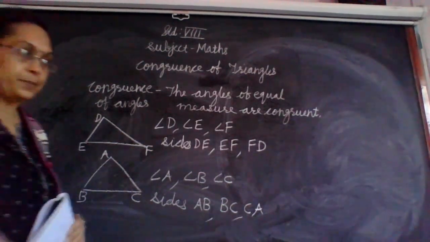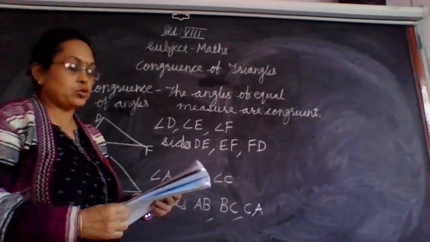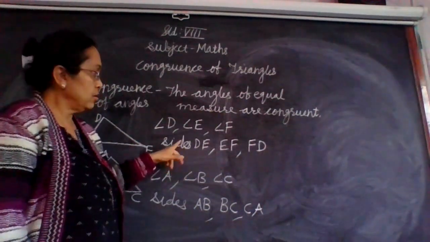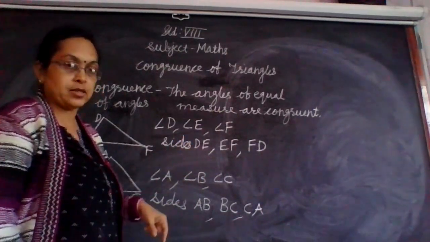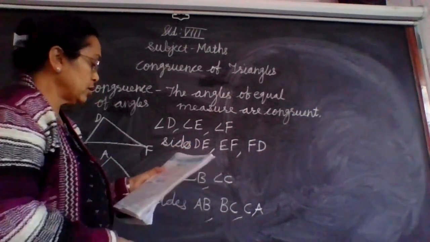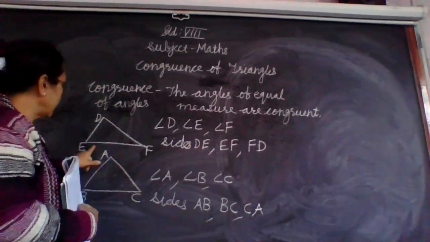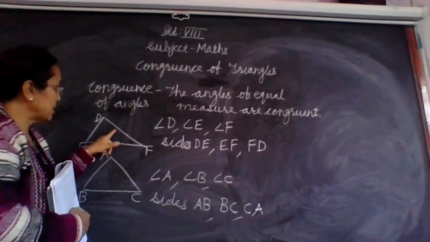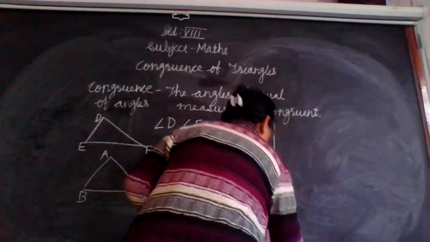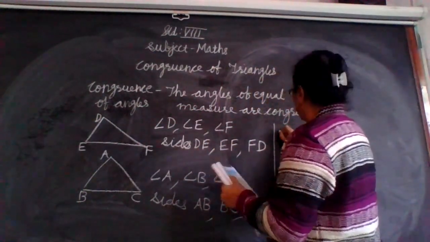Now in this lesson, let us see some tests for congruence, where we will see only 3 factors. So many, 6 factors we will not consider. For that we have the tests for congruence. Now for that purpose, let us see opposite side and included side. Opposite to this angle E, which side is it? DF. Like this you should know the terms. That is opposite.